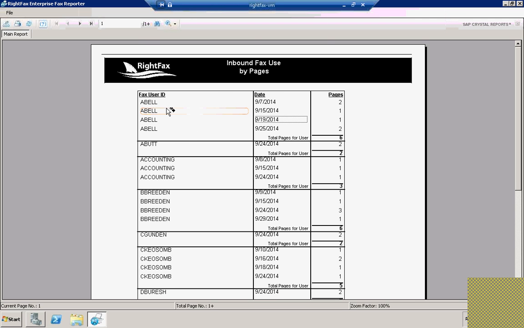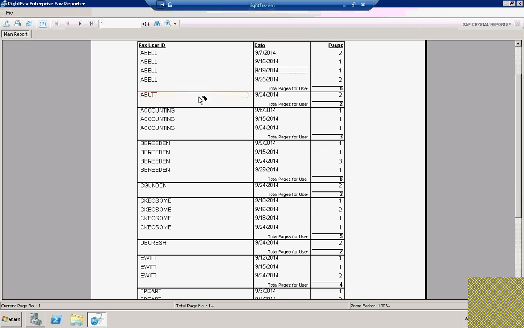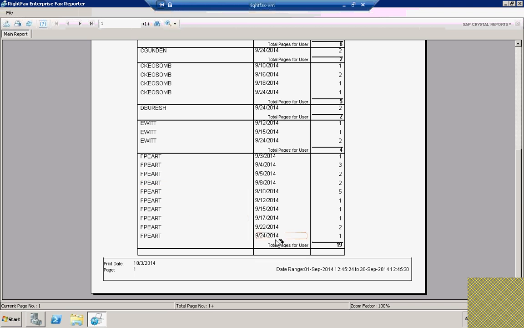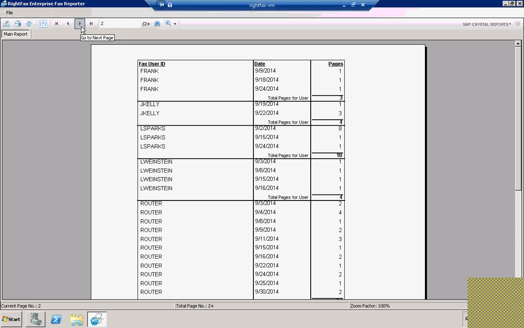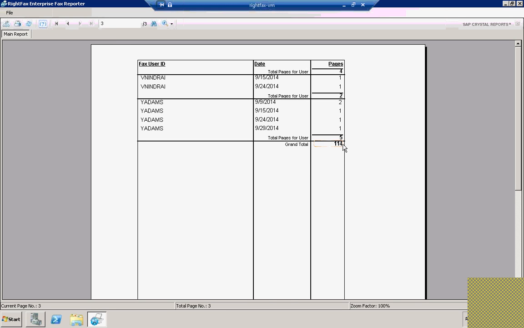And again, you'll see a list by each user, all of the faxes that were received. It will be listed here. And in this case, we have multiple pages, and you'll know when there's multiple pages because the Page Plus option will not be grayed out here. So we can cycle through each individual page, or we can just go all the way to the end. And at the end of the report, it'll give us a grand total of the number of received pages that came in for the month of